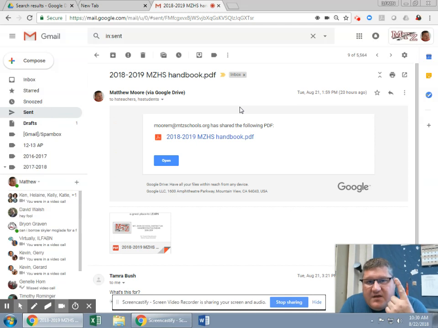So here's your job. First, make a 2017-2018 folder, put all your old files in it, but don't touch your Hapara files. Second, make a 2018-2019 important files folder, and put any necessary classroom files that you need in there. Third, make sure you copy the Mount Zion Chromebook policy. And fourth, make sure you copy the Mount Zion handbook and put those in your important